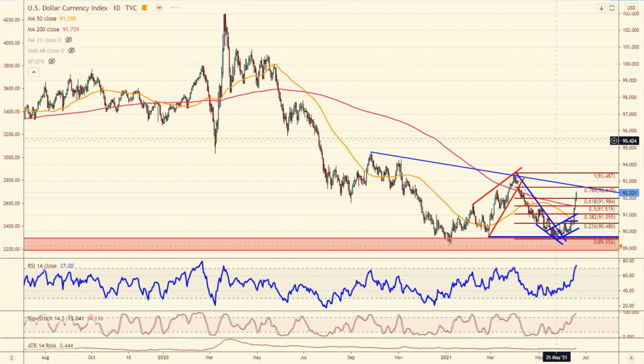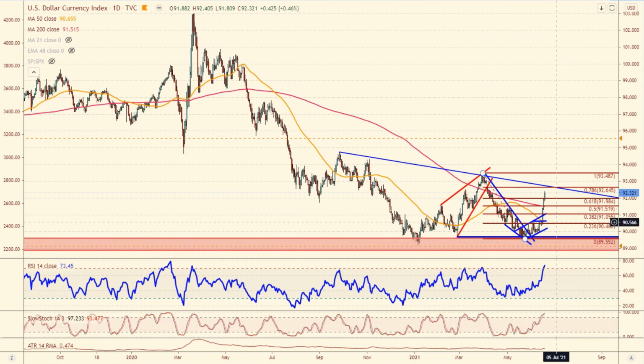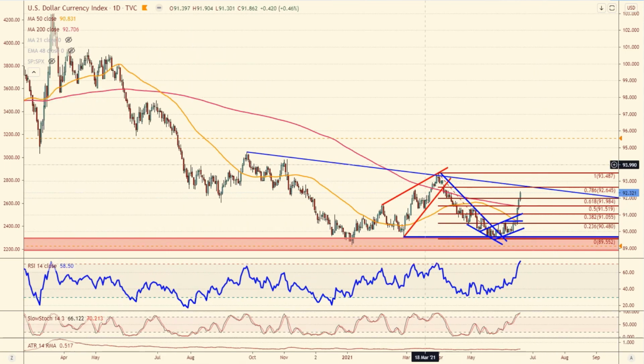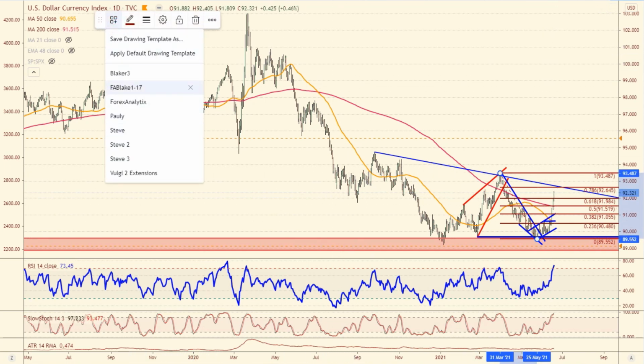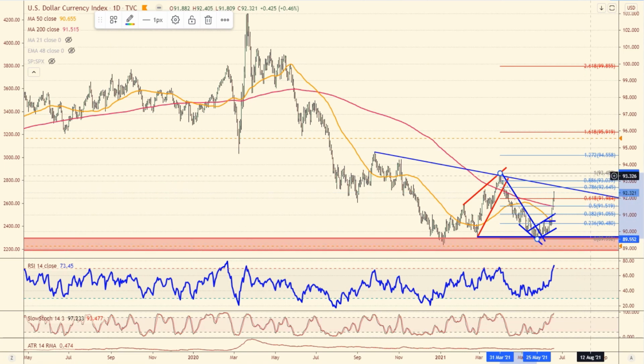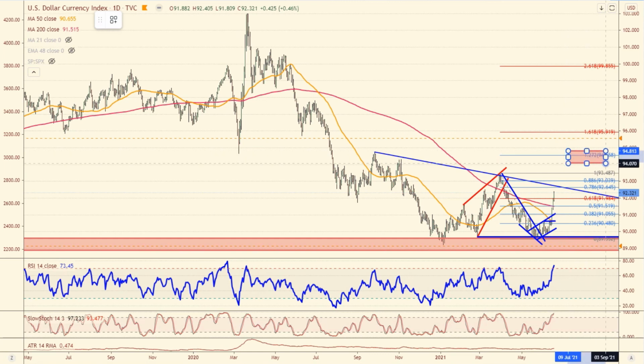If you've been watching our daily webinars, I've been anticipating resistance to hold here on the dollar index around the 92.70 level. It is the 78% retracement of the last move lower. We came off of really key support at 89.60, and there is a risk that we could break this resistance. If we do, the question is, where could we go? That's when you have to start looking at extensions towards 94.50. This momentum could really pick up.